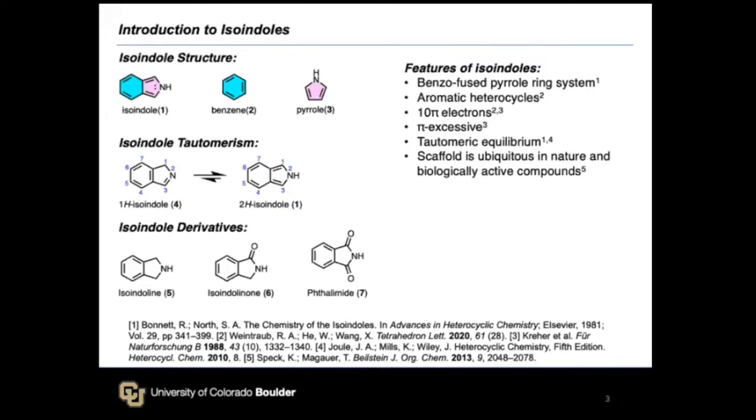So first, what are isoindoles? Well, isoindoles have the structure shown at the top left, structure number 1. They're aromatic heterocycles that consist of a benzene ring, which is shown in blue, fused to a pyrrole ring, which is shown in pink. They have 10 pi electrons, which I was going to point out, but